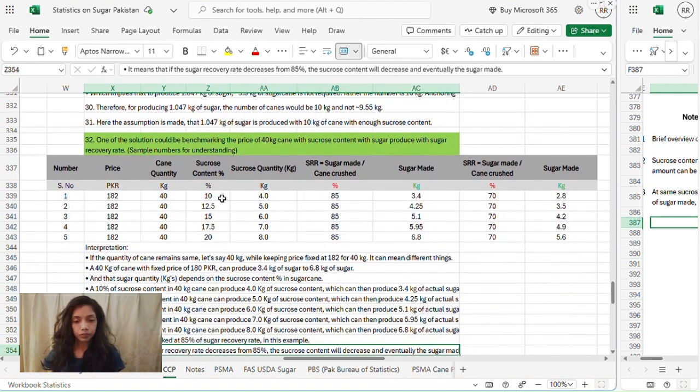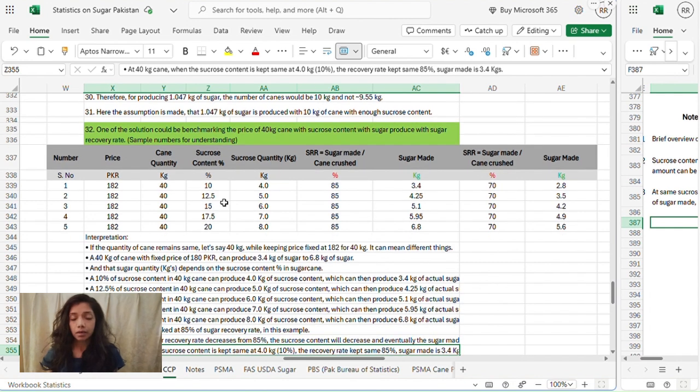Because when we divide and multiply and find out the total quantity of sugar from the total quantity of cane, that is 40 kg of cane, and that produces 4.188 kg of sugar, and then we reverse calculate it from the 4.188 kgs of sugar, the number that we get is almost 9.5 kg of cane, which actually could be 10 kg of cane. So therefore, we came to the